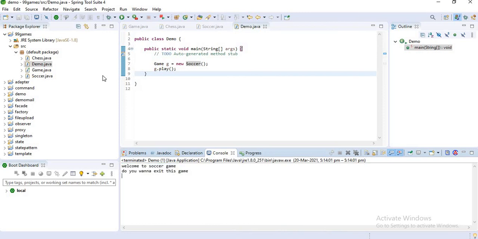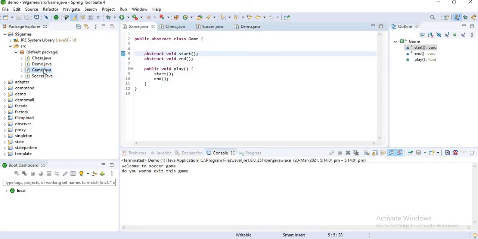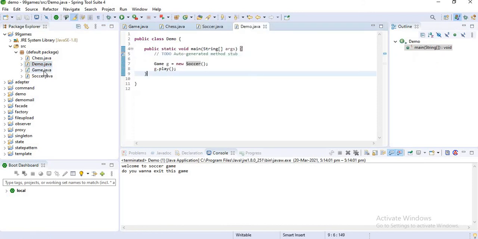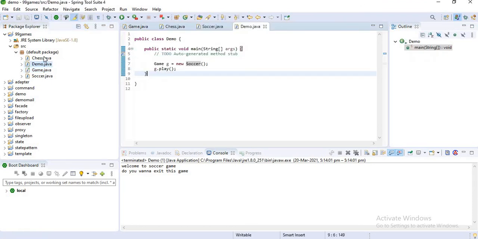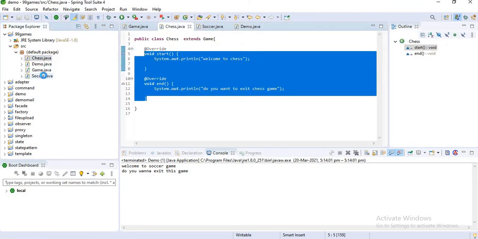Here the game logic may differ, but for every game one thing is common: starting the game and ending the game. Now I reuse the methods by keeping them in an abstract class. Assume it is a template and I am reusing the template in my chess game and soccer game.